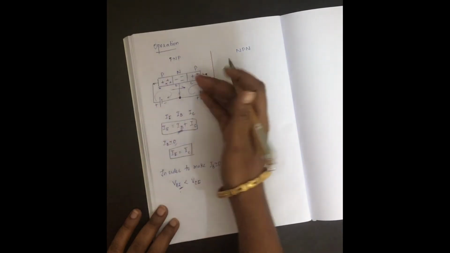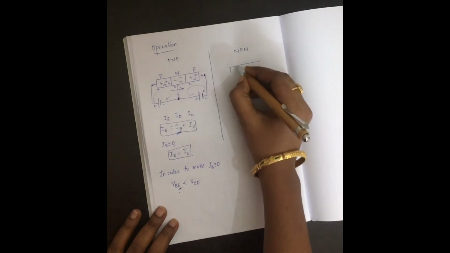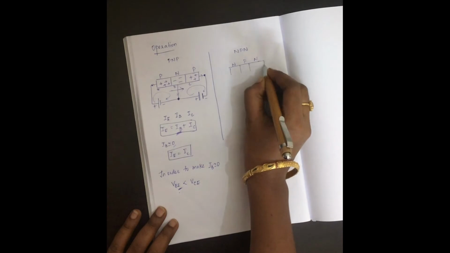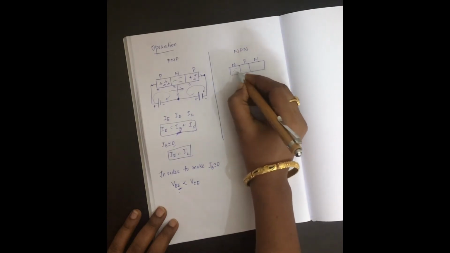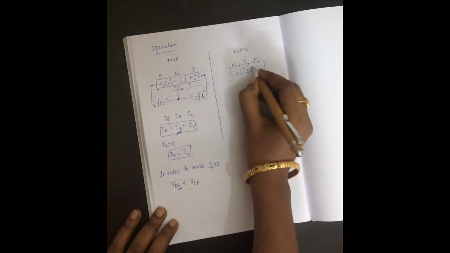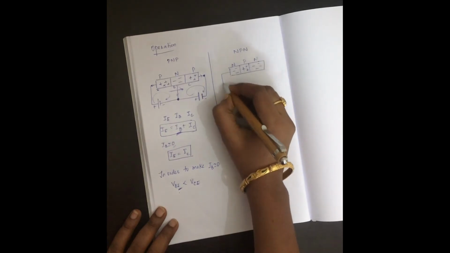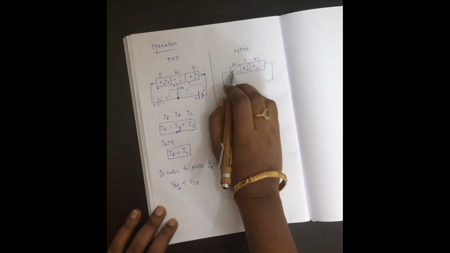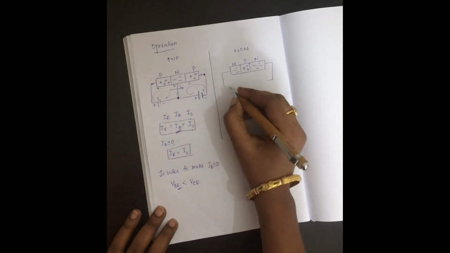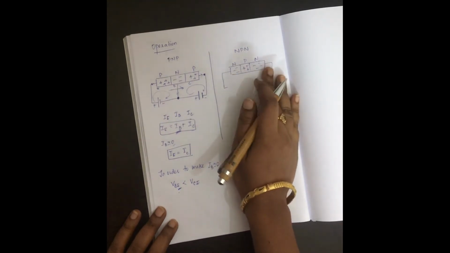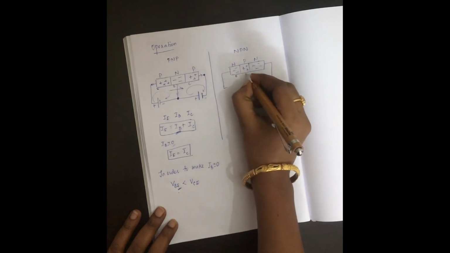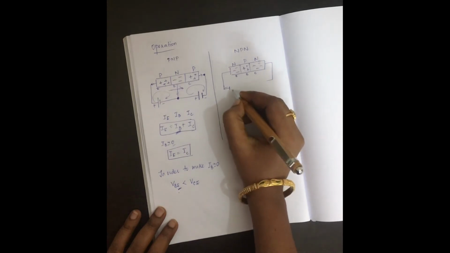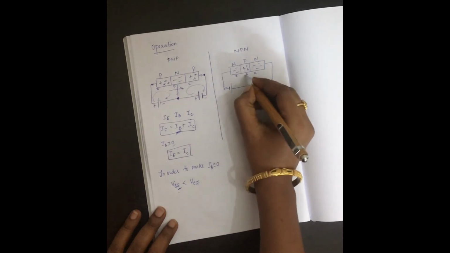So same way for NPN, I'll just mention the majority charge carriers for easier understanding. Okay, how we will connect battery here? Here the majority charge carriers are negative, so they have to be repelled from the battery to move from emitter to collector. This is emitter, base, collector. So in order to repel, you will connect a negative to N layer and positive to P layer.